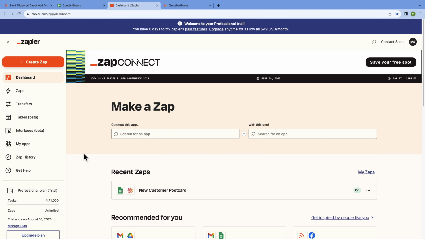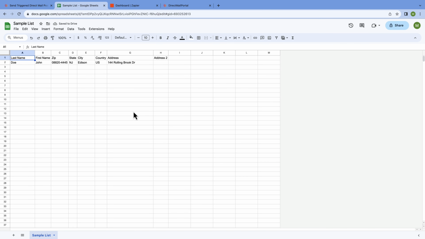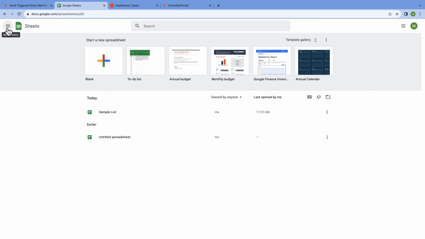So now let's go to the dashboard. And then I'm going to have you go to Google Sheets and open up the sheet that is connected to the Zap, and we'll create our first trigger. So you'll see I'm clicking on Sample List. And now I'm going to type in all the information one would need to create a new trigger. So I'm adding a customer, my first and last name, my zip code, state, city, country, address, etc. So once the customer's information is all added in, I'll exit out of the list